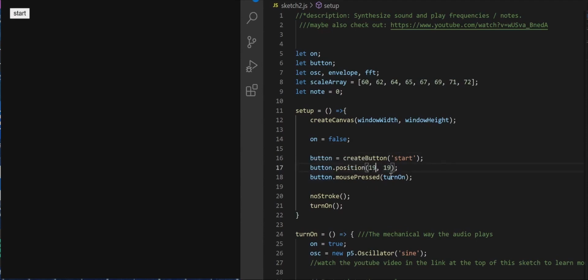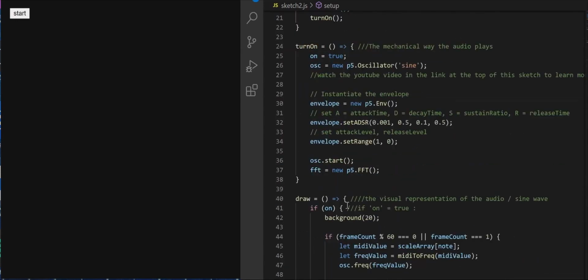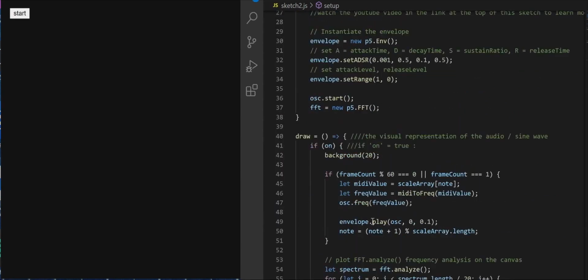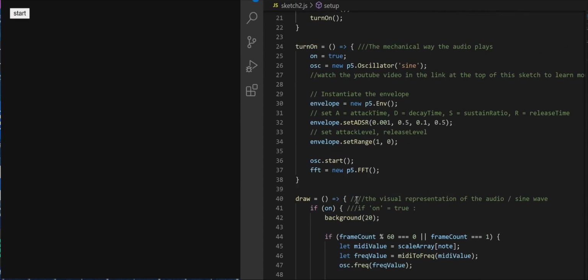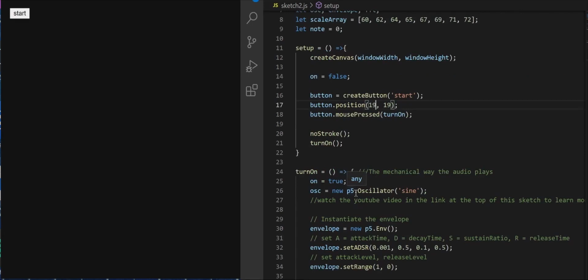And our mouse pressed is still using a turn on function. In this case, we're running no stroke. What no stroke is going to do is allow the red bars that are coming up to not have a line around them. And then you can see that it's actually calling that turn on function. And you know what? That was exactly where it was. So the reason it was starting is the turn on function was going right away. And as I look at this, now I see there's a play button, but the play button is not set to